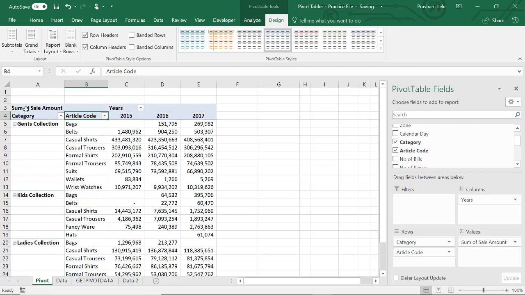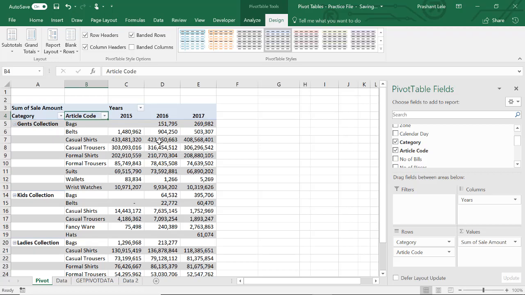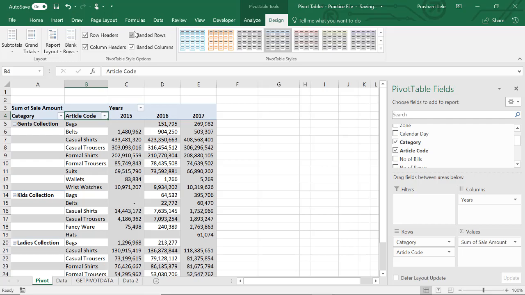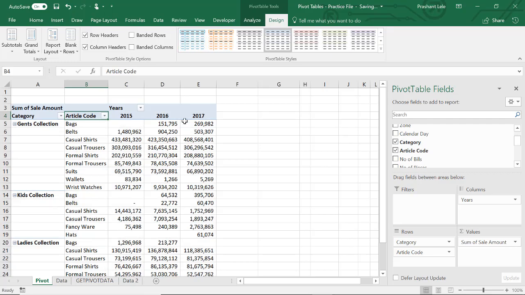Column headers highlights and gives cell fill to the column headers. Banded rows will band the rows, so your visual appearance changes. Banded columns will band the columns like this. Okay, this is all up to your personal liking or the requirement of your work.